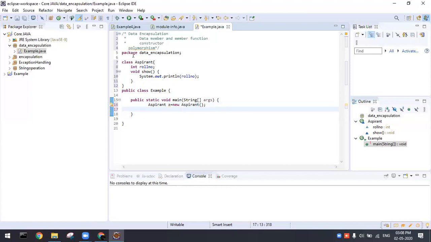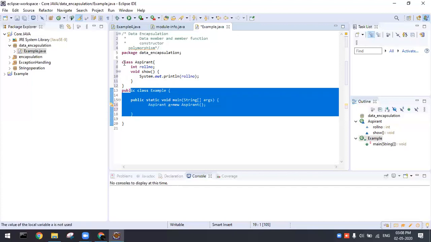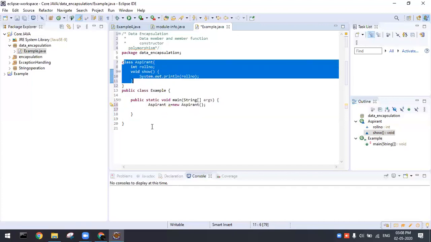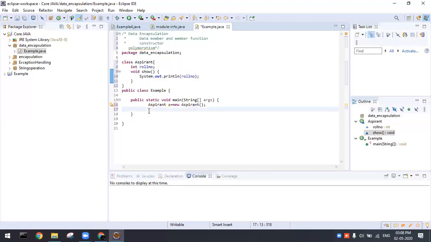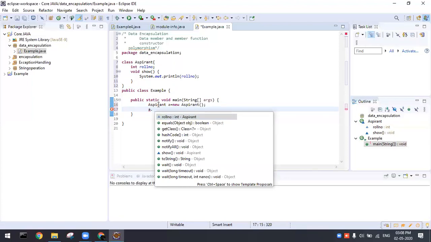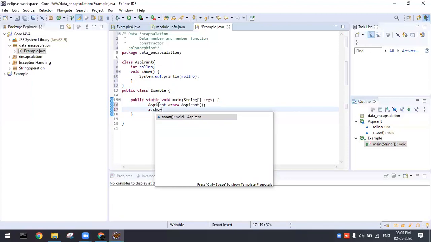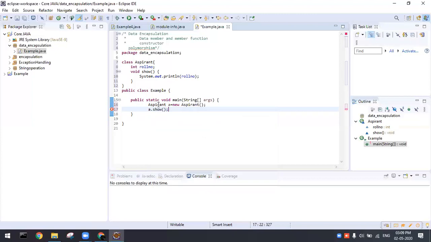If I want to invoke this method, I have to go with the object, or else it is going to throw an error, because these two are independent modules. If I want to make a connection from one class to the other class, I have to make an instance. So a is the instance of the Aspirant class, a.showOff. This is definitely going to print the value.